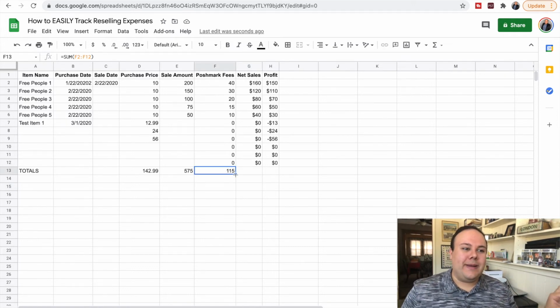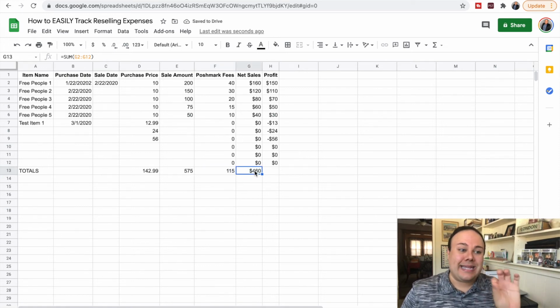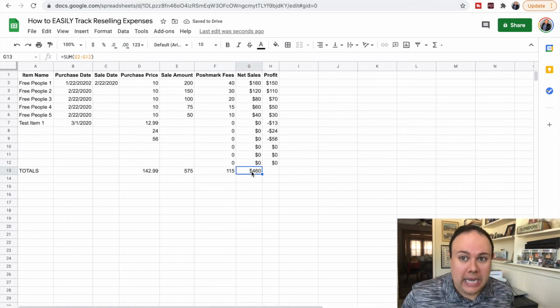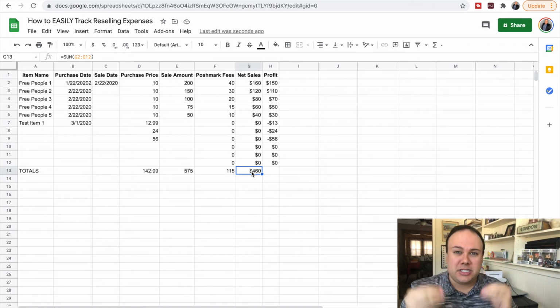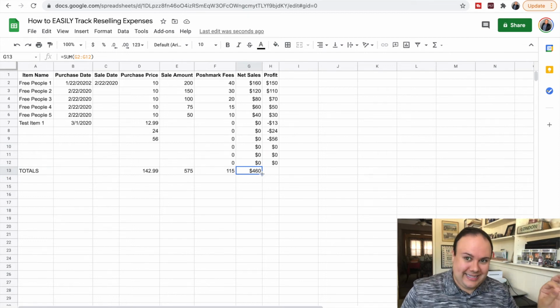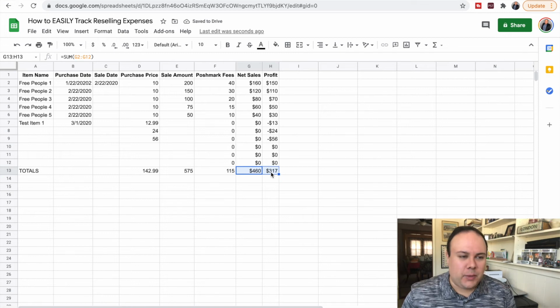So again, we're going to drag the equation to net sales. We can see that we have net made $460. This is going to be the sale amount minus the Poshmark fees, okay? Not including the cost of the item. That will be how we get our profit. So click that cell, drag it to profit, and now we will get the amount of profit we have made